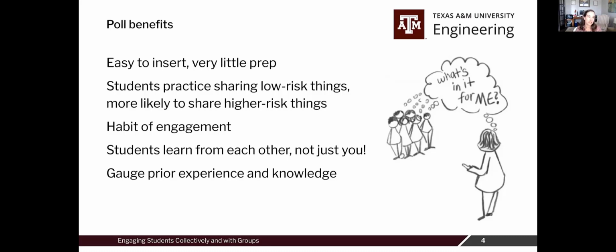You can also do it to ask about what experiences they might have had before with your topic or what prior knowledge. And that gets them to start sharing with their peers, which they'll listen to much better when their classmates share, I find, sometimes than they will to me. So it can be a really powerful tool to help get them started.